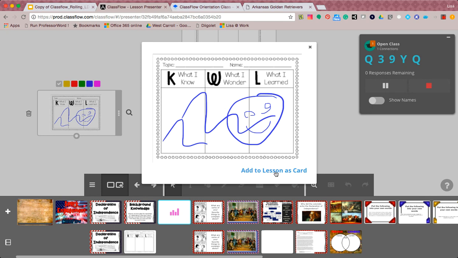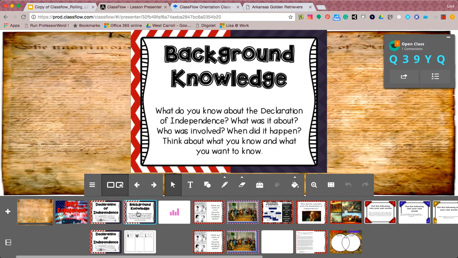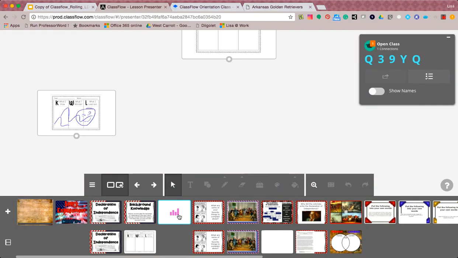You have the option to add this particular piece to the lesson. I'm going to stop the poll. And you'll notice that I now have a little graph in here. So I'm going to pop back to where we were. But if I pop to the poll, it comes right back. So if you ever need to return back, even after you've traveled many cards down, then you are good to